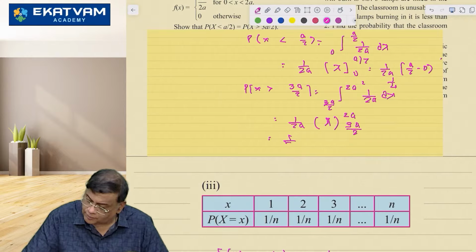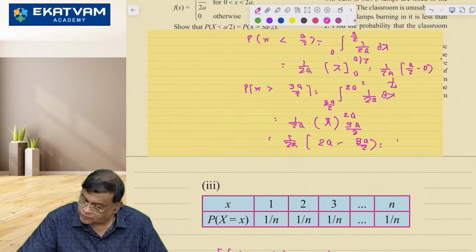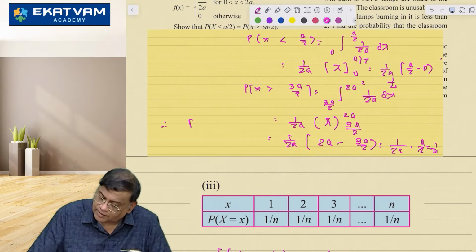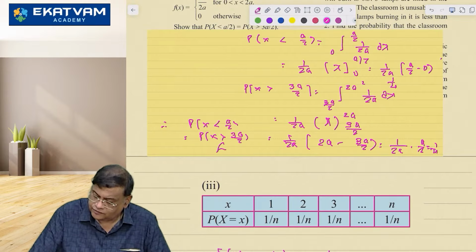So it is 1 upon 2a into 2a minus 3a by 2. So 1 upon 2a into a by 2, which is 1 by 4. And therefore, probability of x is less than a by 2 is equal to probability of x is more than 3a by 2. Hence